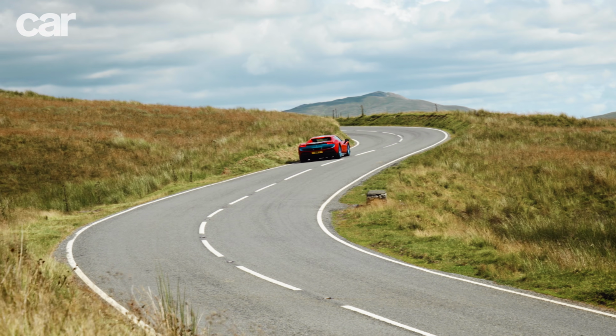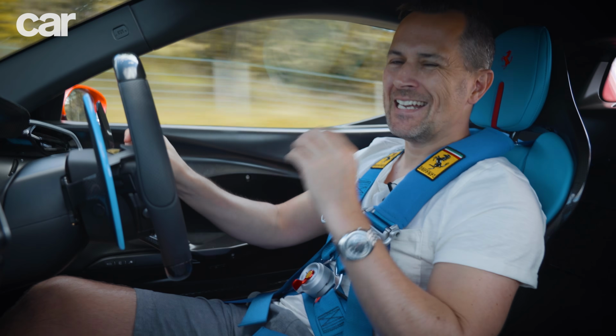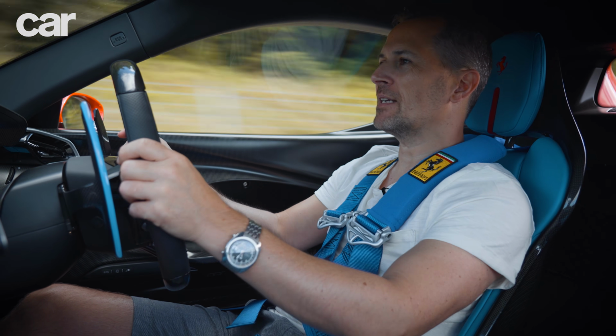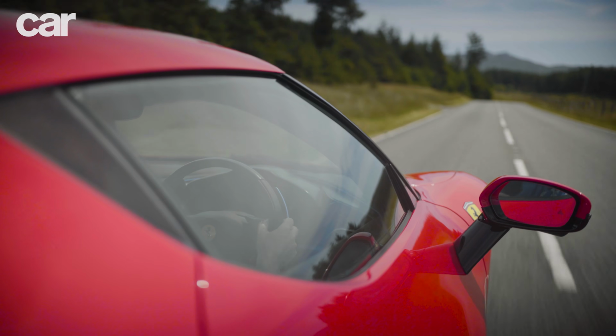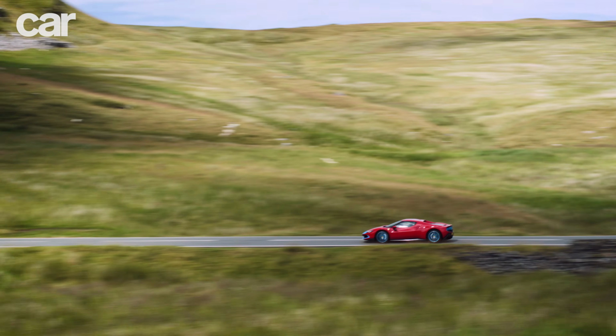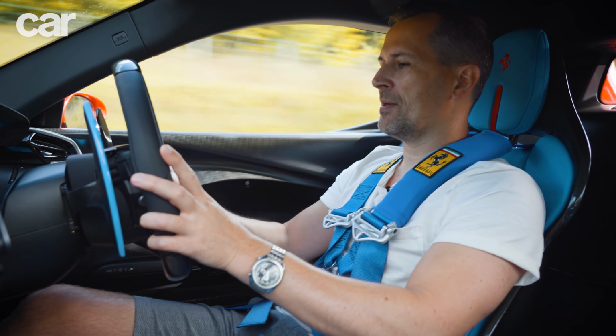And I can imagine if you were driving this car all the time, you'd use the hybrid mode a lot, actually. It's really good. But it doesn't quite deliver that traditional Ferrari driving experience that we expect. It just seems a little bit strange, the engine coming in and out when you want to drive fast, when you want a bit more control, when you want a bit more performance. For that, you need to just toggle up the Manettino,